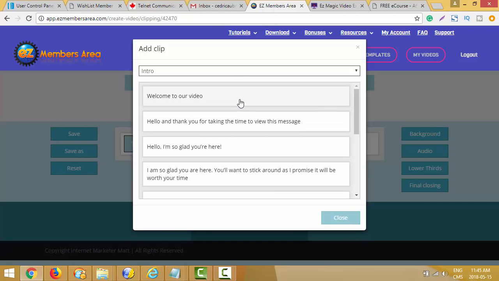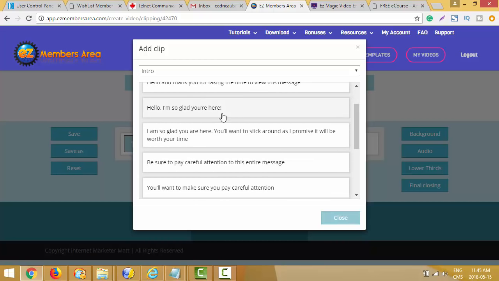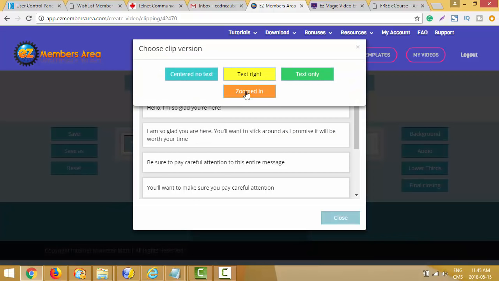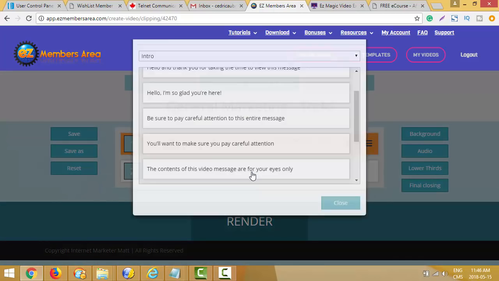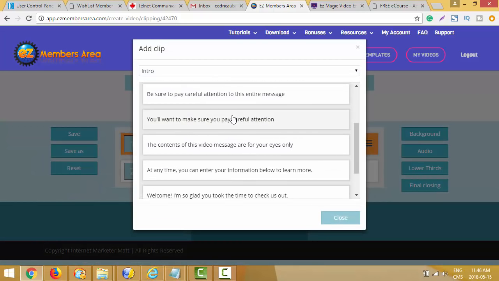Now I have some selections here, so I can select some of them. Let me just click this one here. And I will zoom in, so you can choose center, no text, text right, text only, zoom in. Okay, so for the first clip here, I want Todd's face right when the video begins, so I will zoom in on Todd. Okay, now I can put another clip here. So let's continue in the intro. I'm just gonna select some